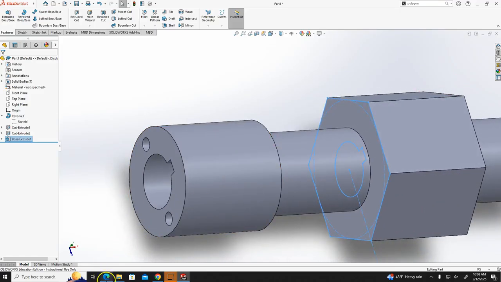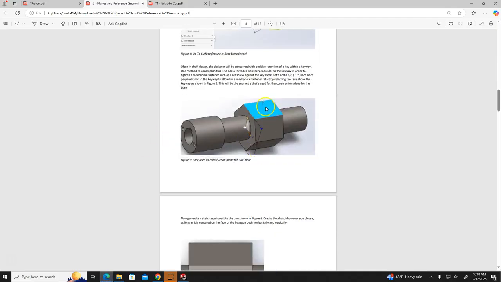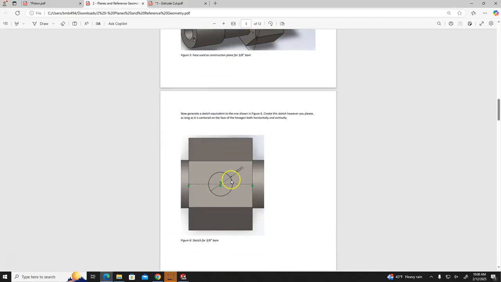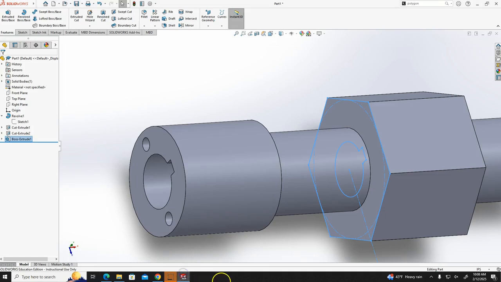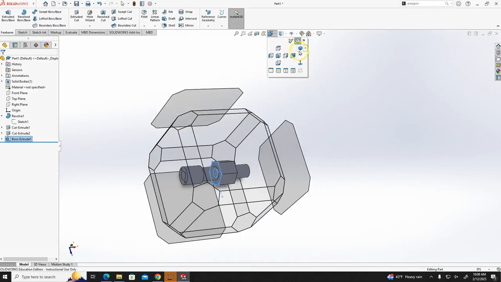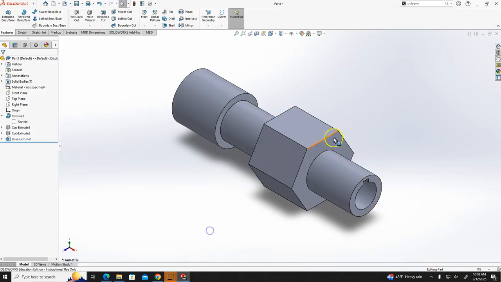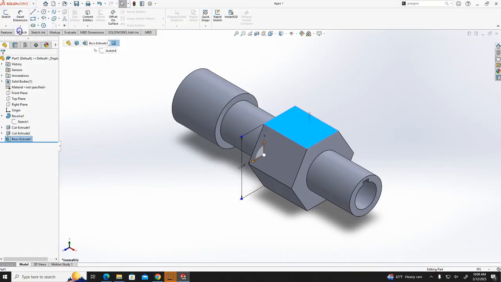Okay, and the next step, if you go to the PDF, you have to create the hole on the top, and that has a 0.375 inch diameter. So I will reorient this sketch. I will bring it to the original orientation. So I need to cut the hole into this face. So I will select this face and go to sketch,